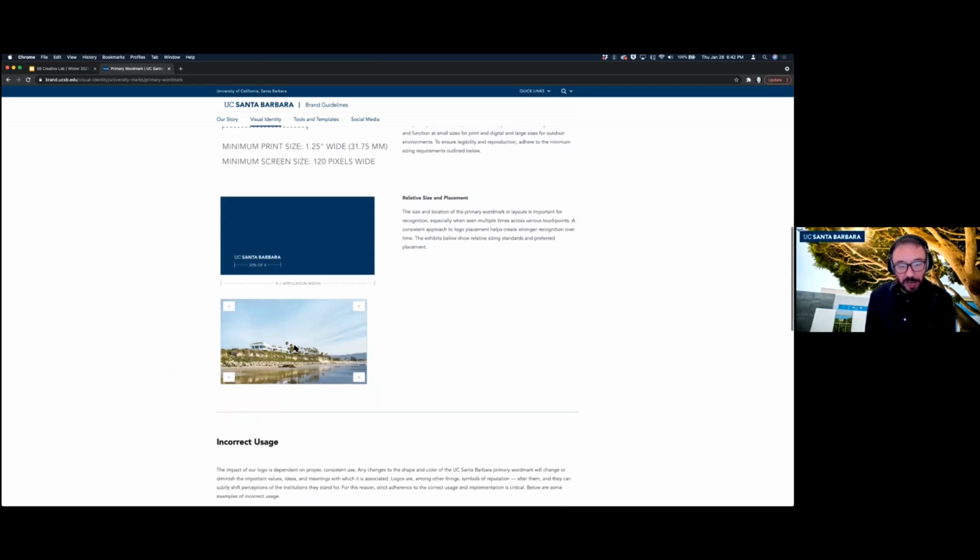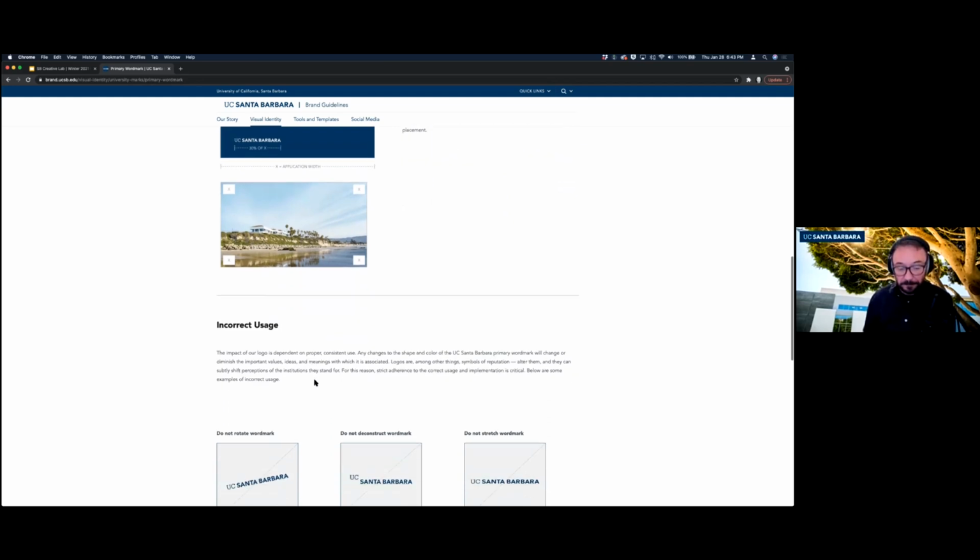And then where are the obvious places one would look for an identity system? Upper left. We read left to right, top to bottom in this country and in most of the Western world. So that's where your eye is going to go first when you look at a communication. Sometimes the use of the UC Santa Barbara word mark might be secondary to the title of a document. So maybe your title is here and you want to put your word mark somewhere else. These are some other obvious locations that you would put it.